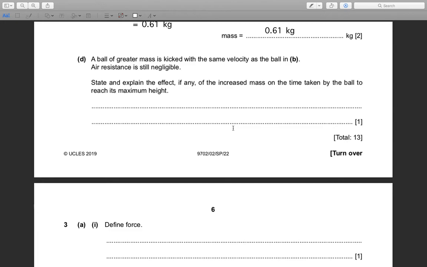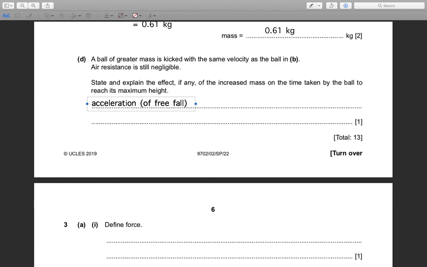State and explain the effect, if any, of the increased mass on the time taken by the ball to reach its maximum height. The acceleration of free fall